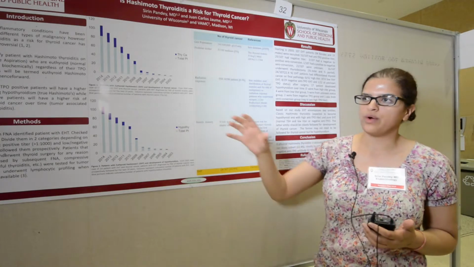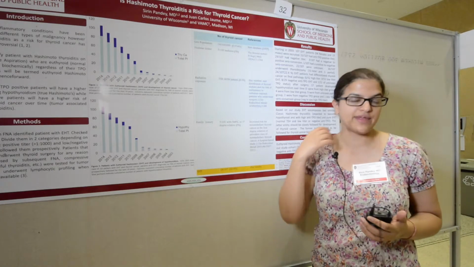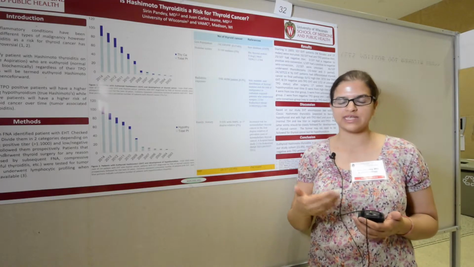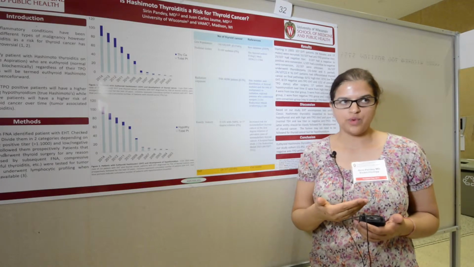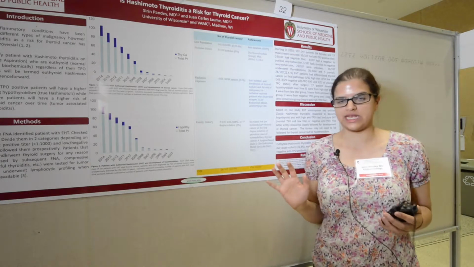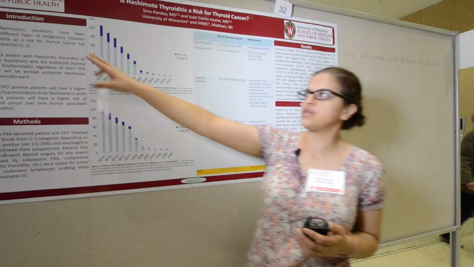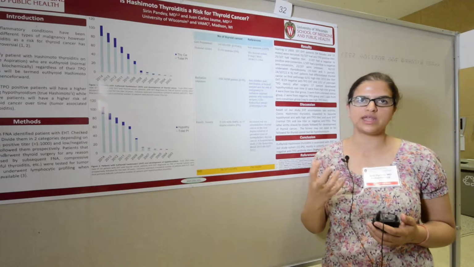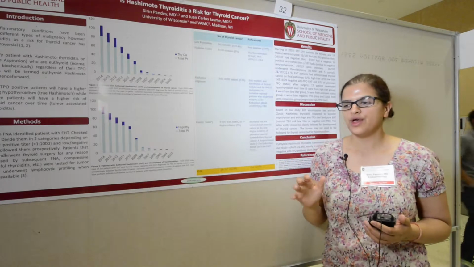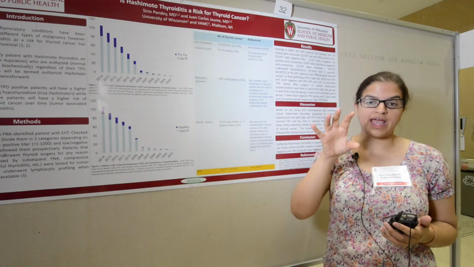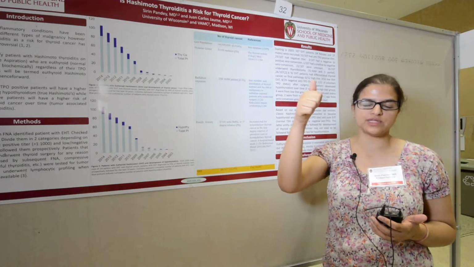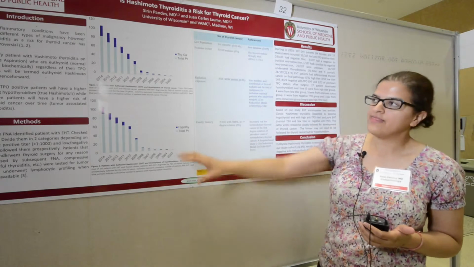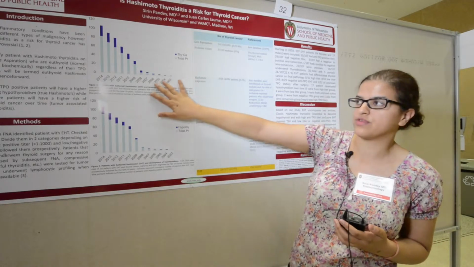Whoever came in for a thyroid FNA in our thyroid biopsy clinic, we pinpointed those patients who had lymphocytic infiltration under the microscope but didn't have hypothyroidism yet. Those are the patients known as euthyroid Hashimoto's. Then we checked their TPO status, which is the antibodies you usually get with Hashimoto thyroiditis, and divided them into three groups: high TPO titer positive with Hashimoto thyroiditis with lymphocytic infiltration, low, and negative titer. We started accumulating patients from 2003 onwards.